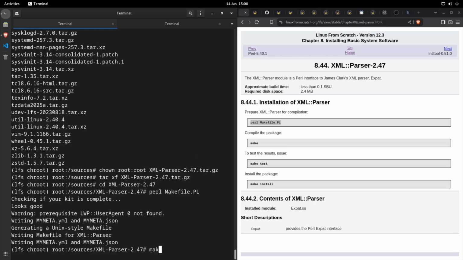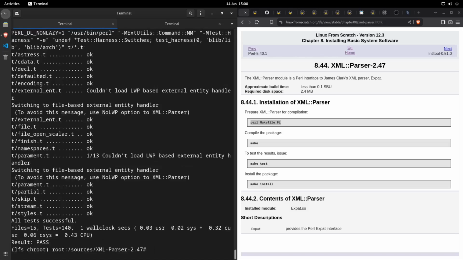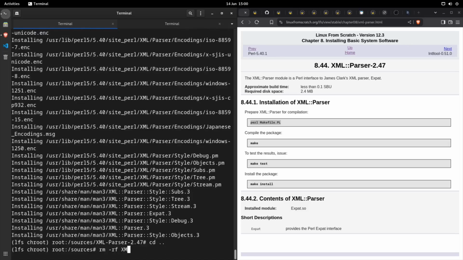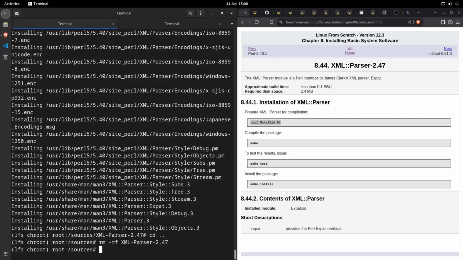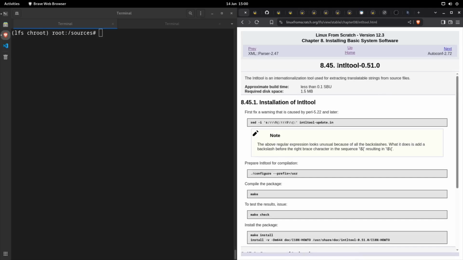And then we do make, make test, install. Right, done. And we cd out here, we rm minus rf XML parser 2.47, and we clear the screen. And this is basically